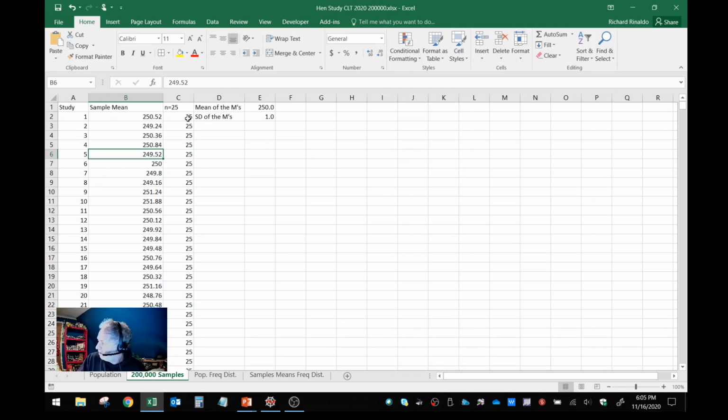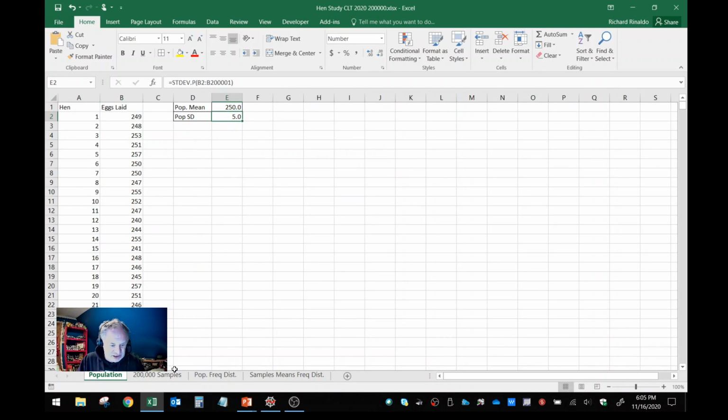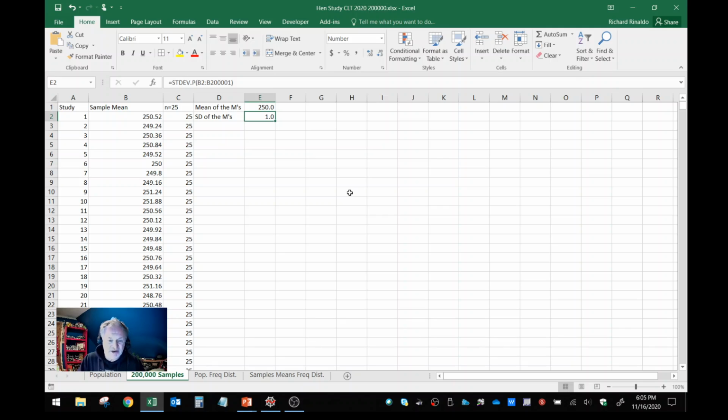Okay. So I did this through a simulation, though the beauty of it is I actually don't have to do the simulation, because there is a relationship between this standard deviation and this standard deviation. And that relationship is